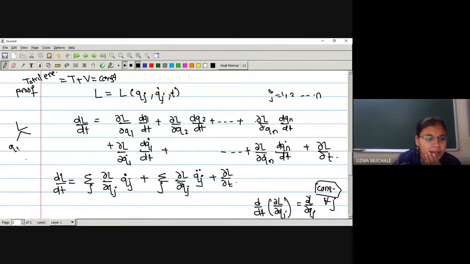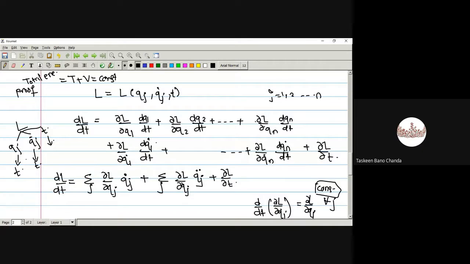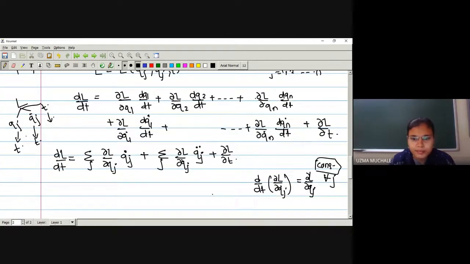Derivative of L with respect to qj, and then we have to take the derivative of qj with respect to t. Here also it is with respect to qj dot, and the derivative of qj dot we have to take with respect to t. Now here L is again a function of t, so directly we can take the derivative. As j is running from 1 up to n and t is only one parameter, we are writing simply dou L by dou t. Is the idea clear now? Yes, ma'am. Okay, let us go to the next.